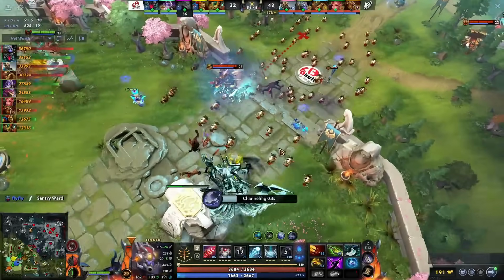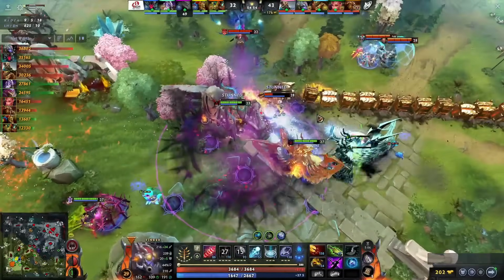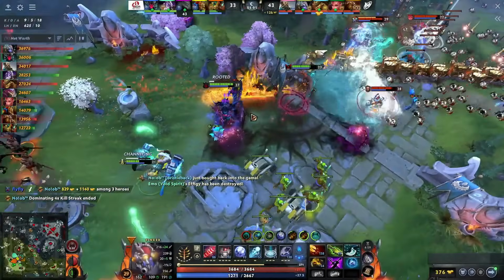Still standing on the front lines. Laser bouncing around, creating a huge problem. But they're slowly sieging away with the X-Box. Light Lasso out onto the Bristlebite. They're gonna catch him out, maybe kill him off the once. Yes, he is dead. The Terrorblade though, standing in the middle of a bunch of die heroes, eventually has to